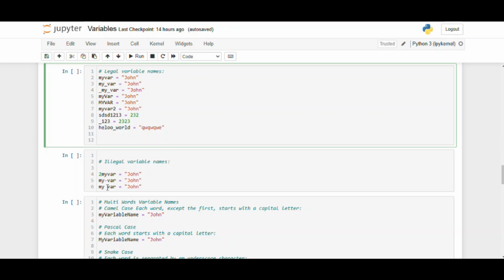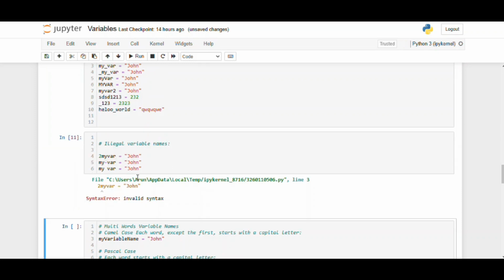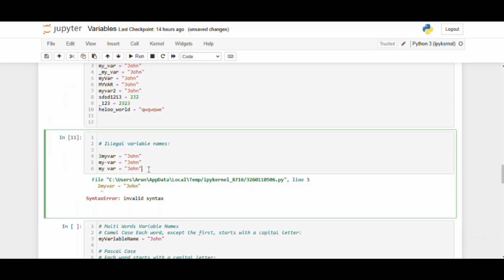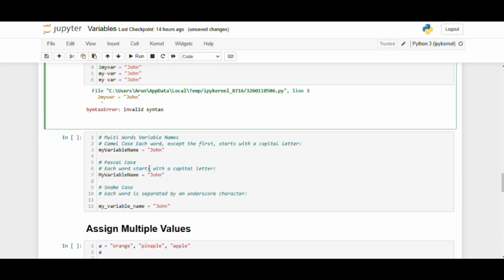Okay, so these are not approved by Python, so it will give you some name errors. Keep in mind you should start the variable with an alphabet followed by any numbers, or you can start with an underscore, or you can add two long names by joining them with underscores. Okay, multi-word variable names, how we can use them, that is called